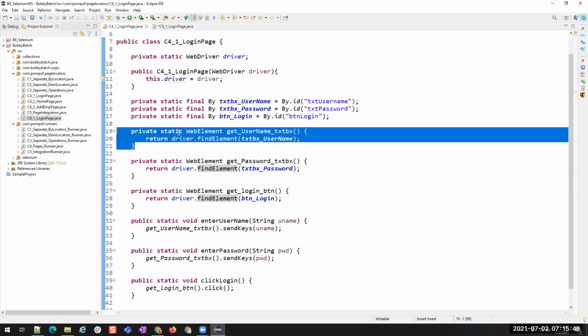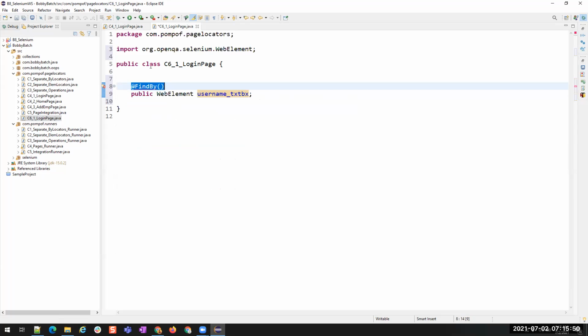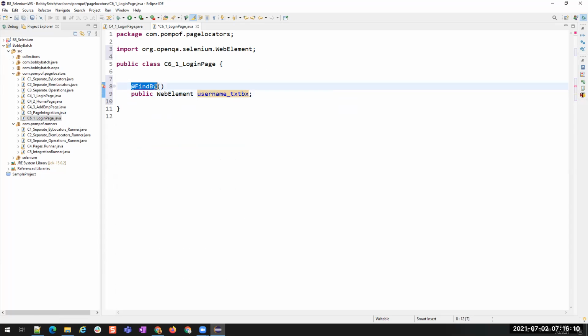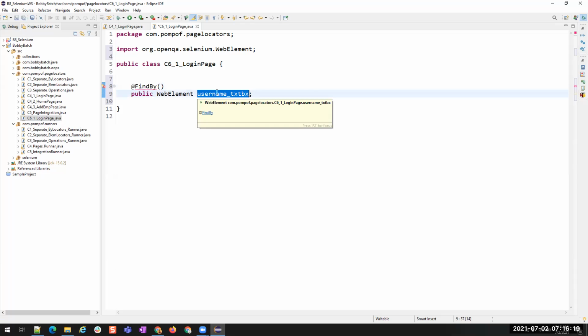It will do that by default with the help of the @FindBy annotation. So whenever your compiler sees that there is an @FindBy and you have the Selenium library, it assumes that it has to find this element and assign it to this variable. So instead of writing our own method, driver.findElement, we can use @FindBy, which will find the element and store that element locator in this variable.